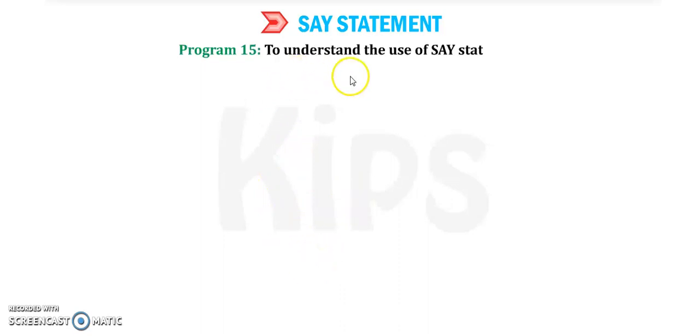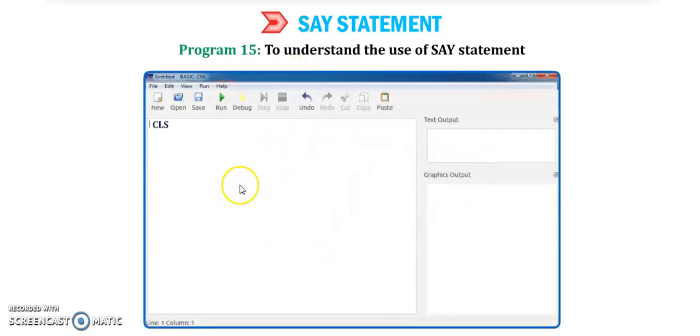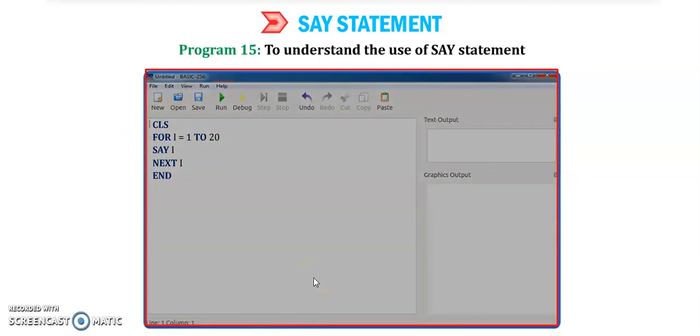To understand the use of the say statement, first CLS, then write a for loop: I equal to 1 to 20, say I, next I. I will increment, and the for loop will run 20 times. Now run. It will make a sound.